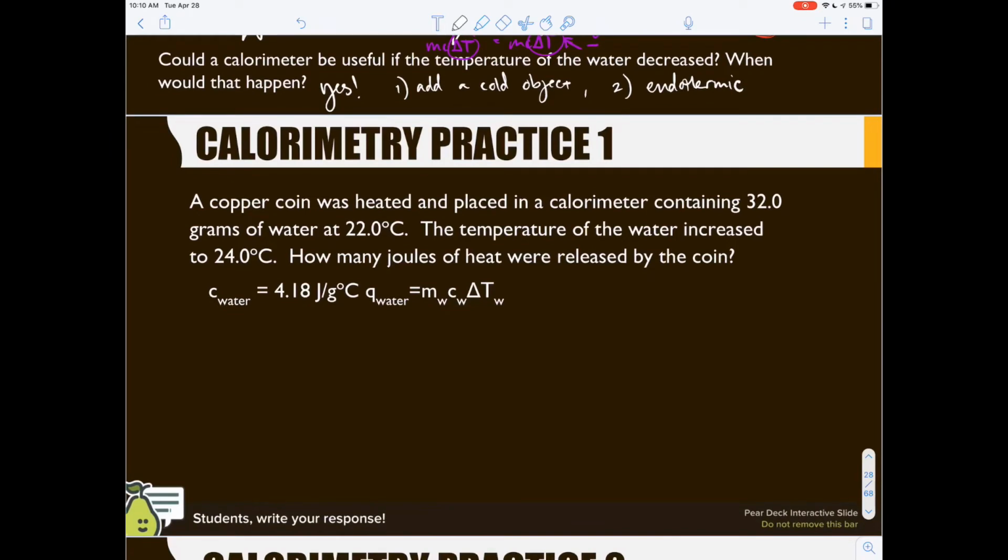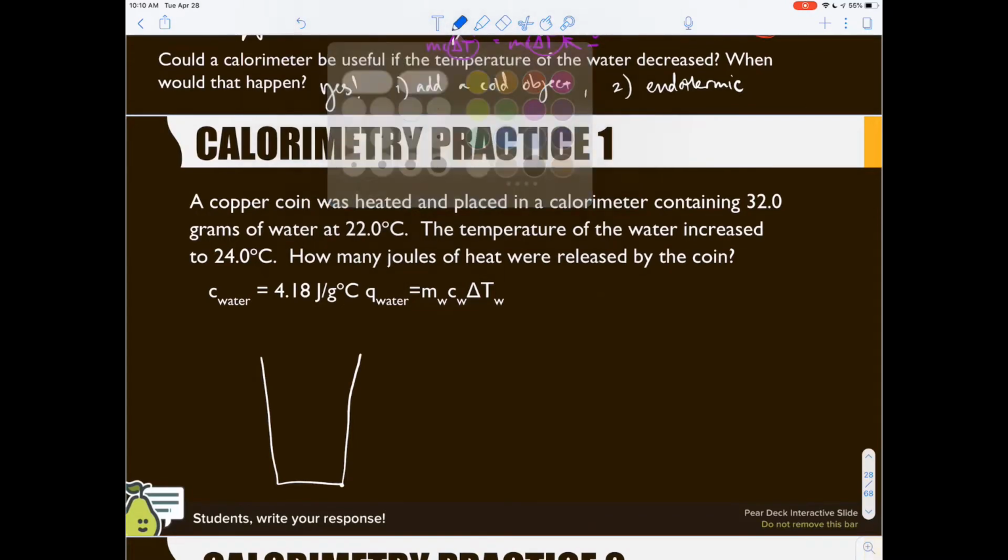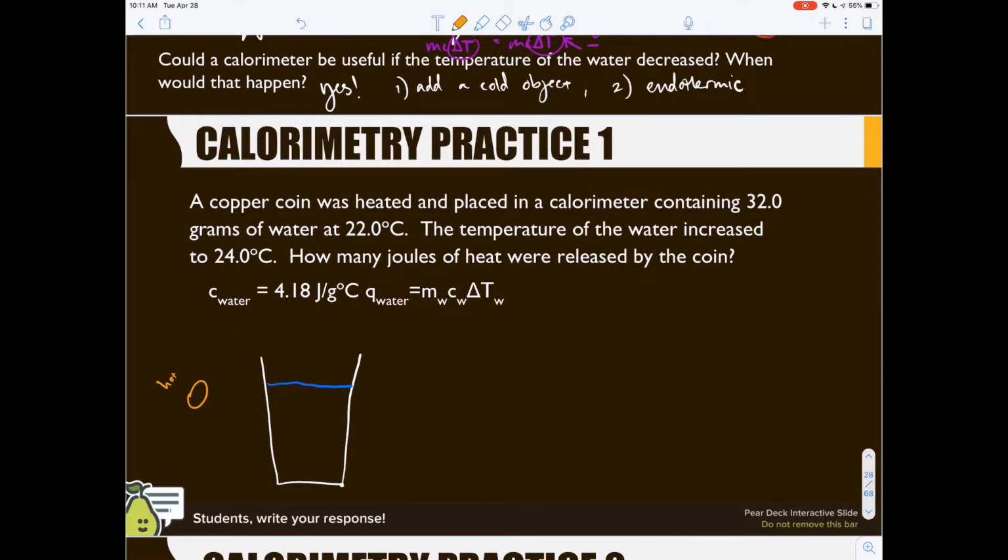Okay, let's do a little bit of practice here, and we're going to spend some time processing. This is a lot of data. We're going to try to process what's happening, okay? So you have a calorimeter. I'm just going to draw a new one just so that we're all on the same page in terms of what's happening here. Got some water, okay? And you have a copper coin